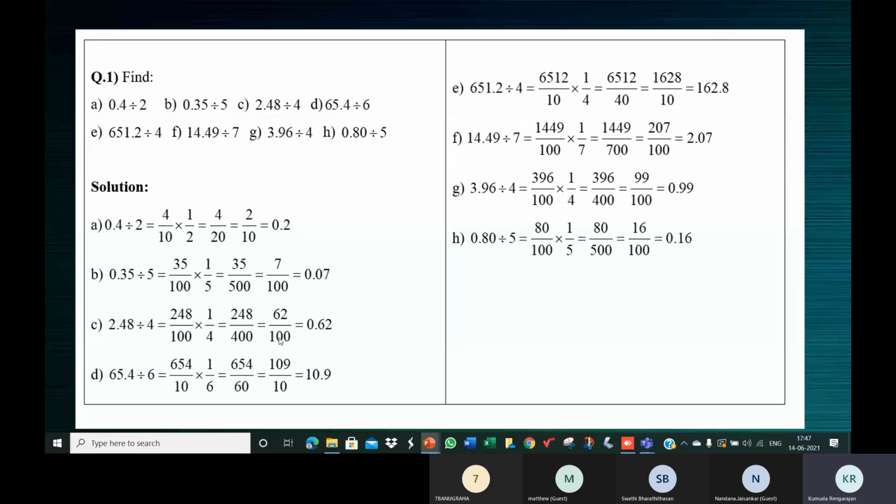So 31 by 50, how to put it as a decimal? You'll have to divide. Write 31 as the dividend and 50 as the divisor. On dividing, use a decimal point and then a 0 after that. You must divide till you get 0 as the remainder. When you get 0 as the remainder, you will see that the quotient is 0.62.